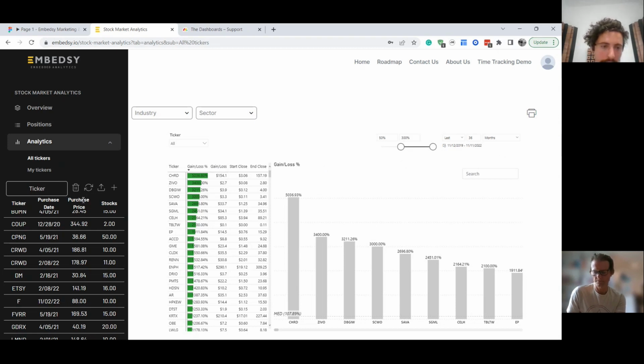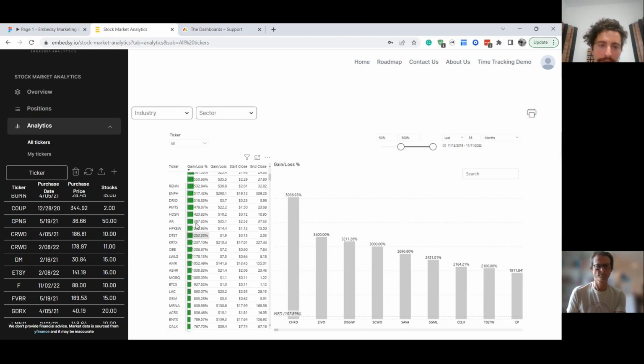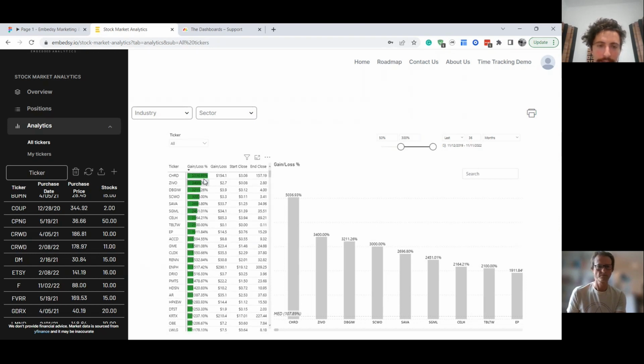Now, one disclaimer here is that we use free data from dwhautomation. So if you see increases like this, don't fret about missing out on them, because they're probably not accurate. Usually the well-known companies are accurate. For example, Tesla, I'm pretty sure had an increase of 717% in the last 36 months. But if you see increases like this elsewhere, they're probably not accurate.